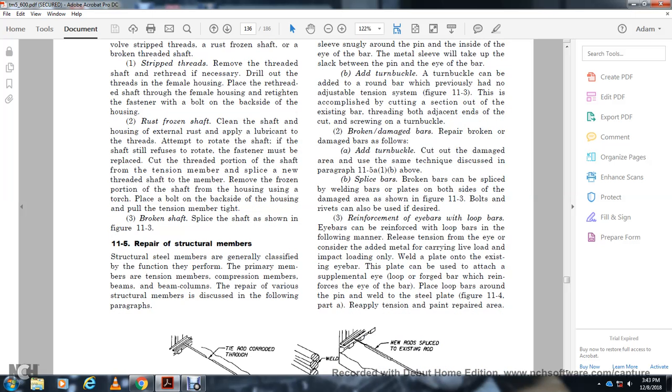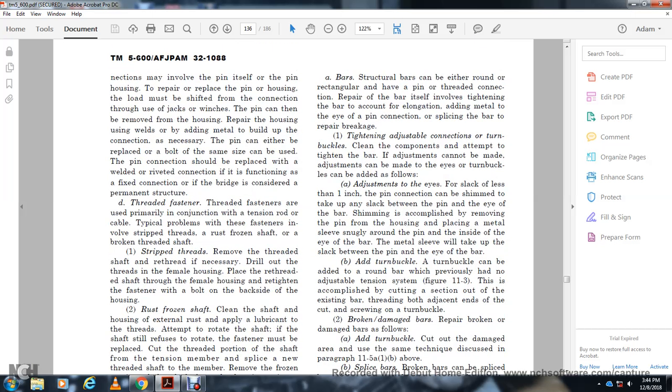The structural member, steel member, is predominantly classified by the function it performs: the primary member, the tension member, the compression member. The aim is to prepare the structural member for discussion in the following paragraphs. Bar. Structural bars can either be round, rectangular, or have the pin and thread connection. To repair the bar itself, the options include counting the elongation, adding the metal with the eye and the pin connection, splicing the bar,